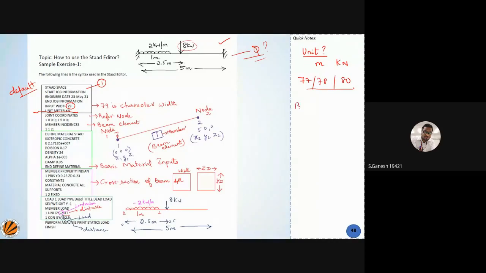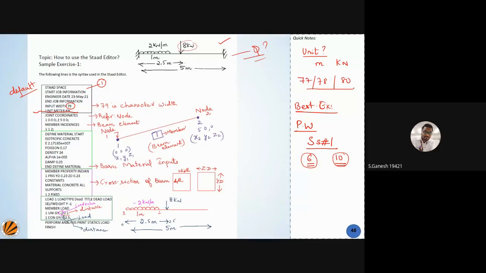The best example I want to give is your password. When you generate a password, it will say one capital letter, one small letter, one special character, one number should be followed. They will say your password should have this much, and it should be not less than 6 and not more than 10. So they give you the range. In the same way you understand the rules, the software understands your codings through a character width, whatever inputs you are going to give.